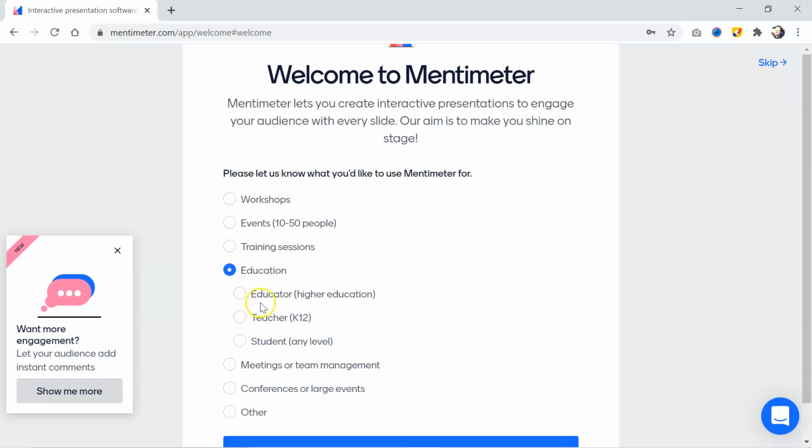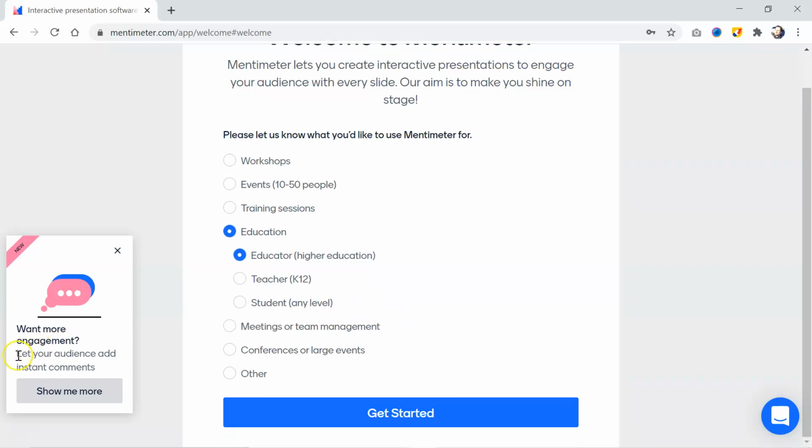Among the options given in education, I will choose teacher or educator, as I will be using this Mentimeter platform for higher education. Here, if you want guidance and tips to use Mentimeter, you may get it from here. So let's get started.